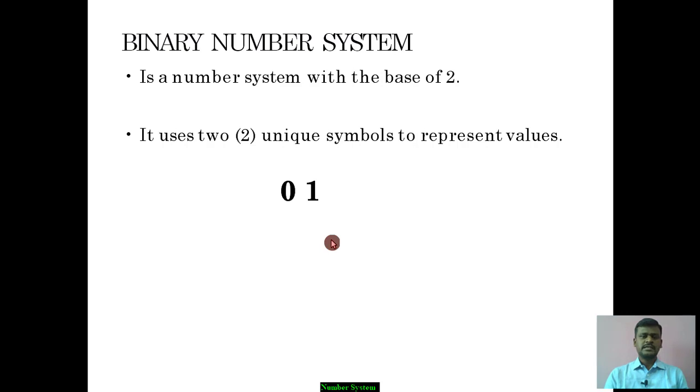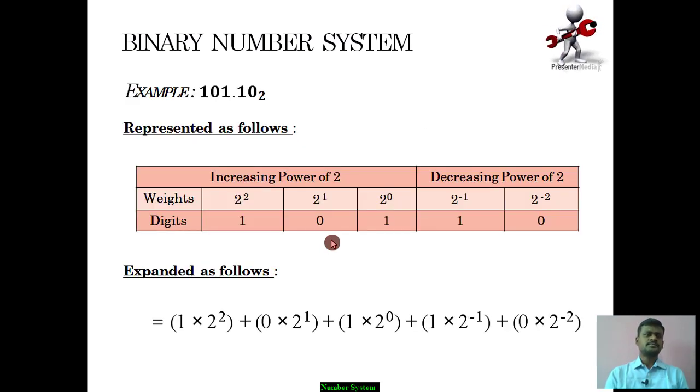Using these binary numbers we will try to represent them with an example. Let's move on to the example. Here we come with the example, that is 101.10. You can clearly see here we have used only 0 and 1. No other digits are used, because in binary we need to use only either 1 or 0.